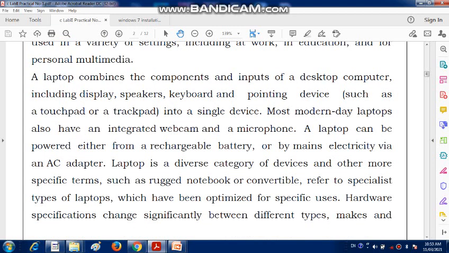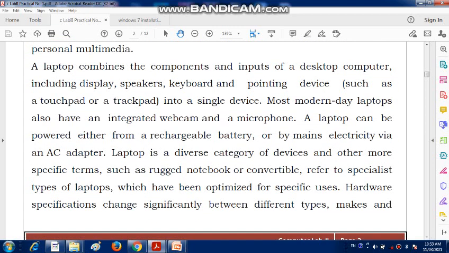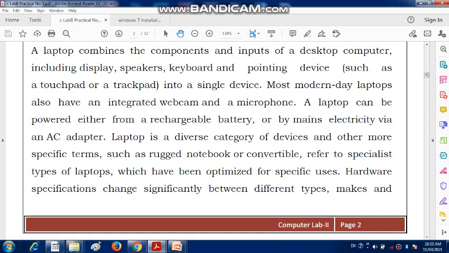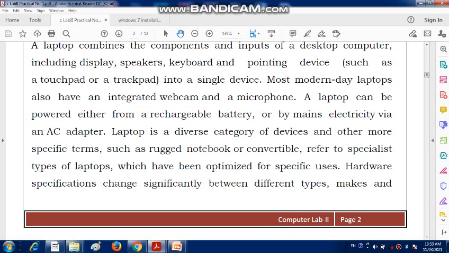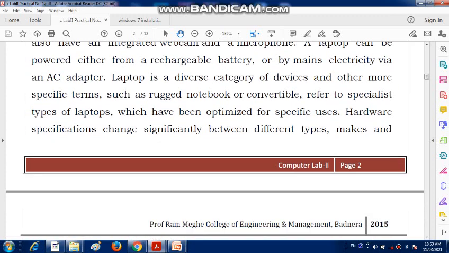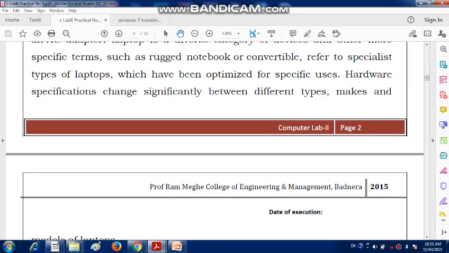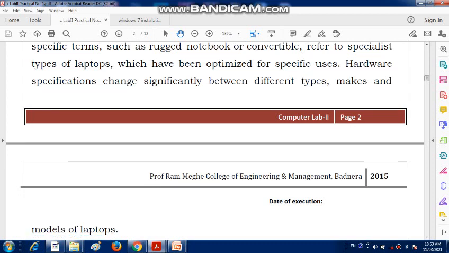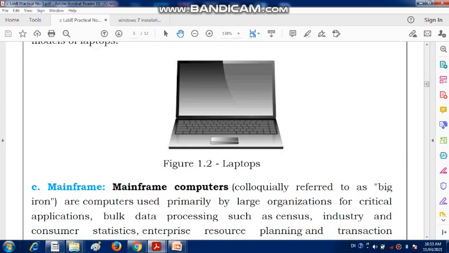The laptop is a diverse category of device, and other more specific terms such as rugged, notebook, and convertible refer to specialized types of laptops which have been optimized for specific uses. The hardware specification changes significantly between the different types, makes, and models of a laptop.